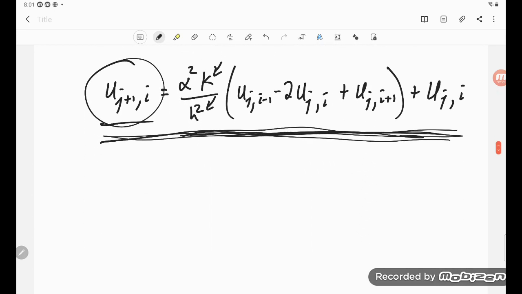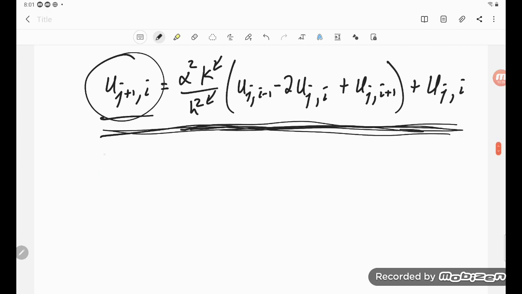Now, if I do that, this changes a little bit. It becomes h squared over alpha squared k u sub j plus 1, i is equal to, now notice